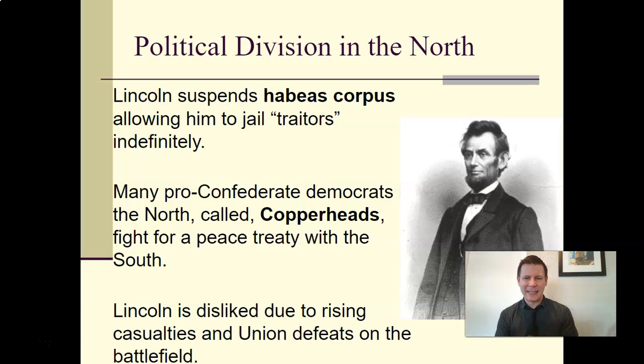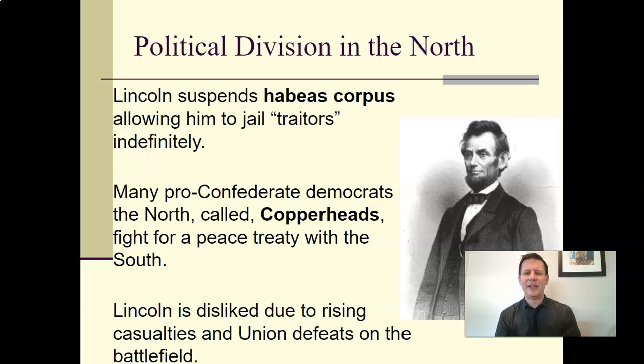Lincoln suspends habeas corpus. This shows up in all your history classes. Habeas corpus basically is if you are arrested, you have the right to be accused of a crime. You can't be arrested for no reason. Lincoln says, screw that, right? If you're a Southern supporter, that makes you dangerous. I can't be trusting you, and so I will throw you in jail just because of your political beliefs and allegiances. Didn't commit any crime, didn't really do anything wrong. You're just thinking the wrong way, or you have different beliefs, dangerous beliefs. So he starts throwing people in jail, suspends habeas corpus. I can jail you for no reason now.